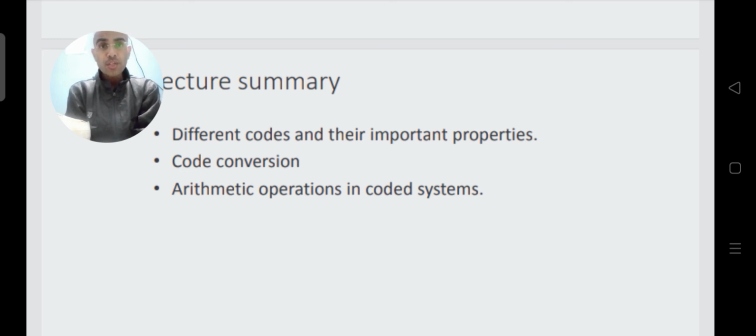In the next unit we will see how to make the hardware for code conversion. We will do some experiments based on this also. The experiments will not be difficult, they will be simple. To convert from one code to another, for example gray code to binary code or binary code to gray code, we require just the XOR gate.